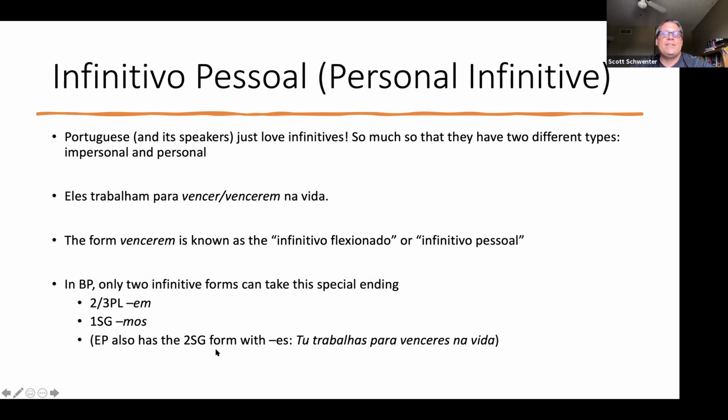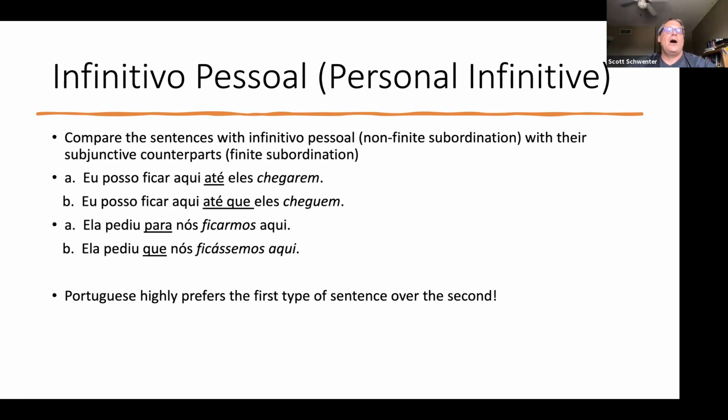And in European Portuguese, where they actually do conjugate all the verb forms for tu, this same thing, if we switch it to tu, to second singular, it would be tu trabalhas para venceres na vida, right? And well, I guess I should say that in European Portuguese, right? Tu trabalhas para venceres na vida. So if you've ever heard European Portuguese, it sounds a lot like a Slavic language, like Polish, because all the vowels seem to be missing.